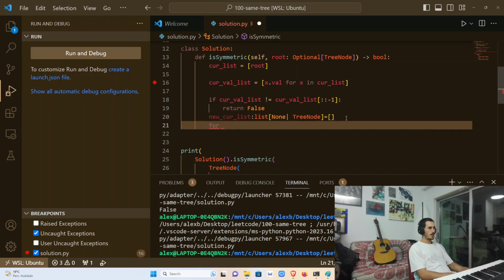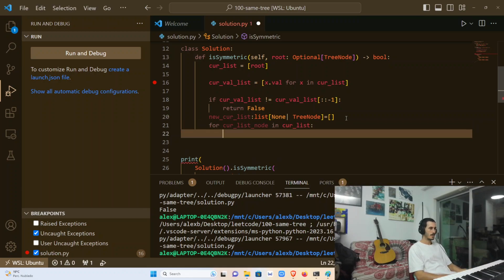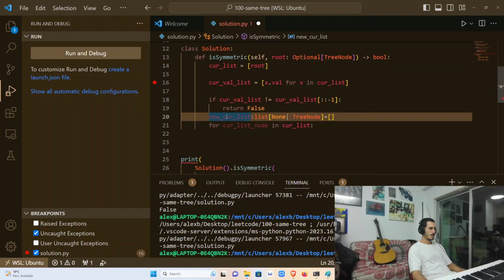So for a list node in current list, new current list dot append